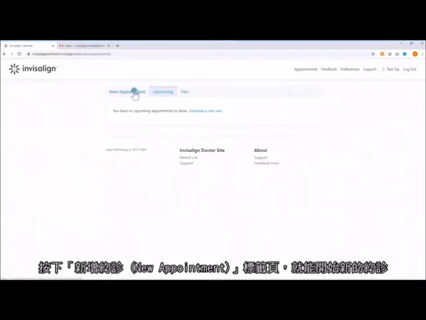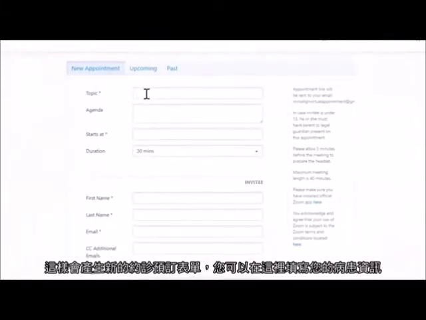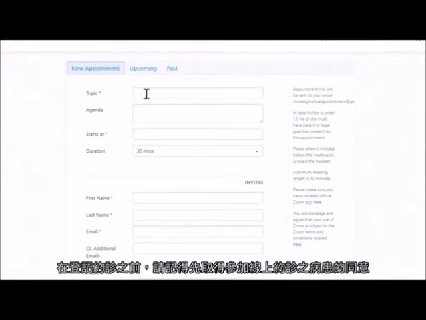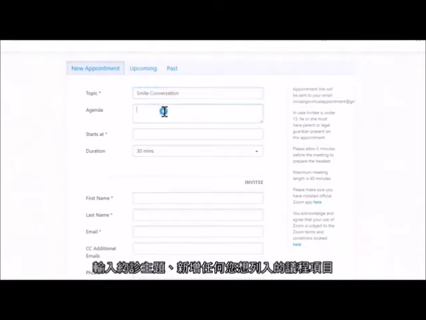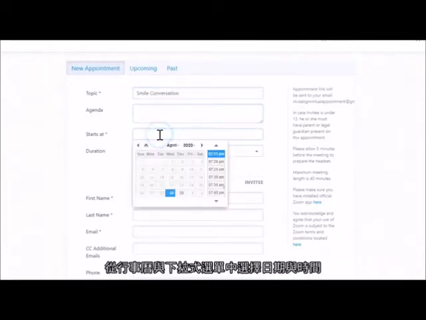To start a new appointment, simply click the New Appointment tab. This generates the new appointment form where you can fill in your patient's information. Before booking the appointment, please remember to gain consent from the patient to participate in a virtual appointment and for email and text communication from Invisalign. Type in a topic, add any agenda items that you wish to add, choose a date and time by selecting from the calendar and drop-down menu,